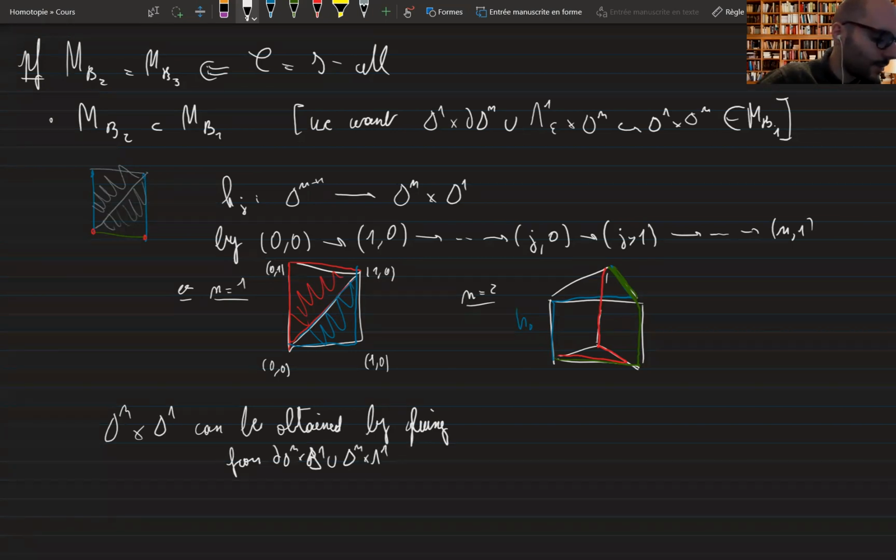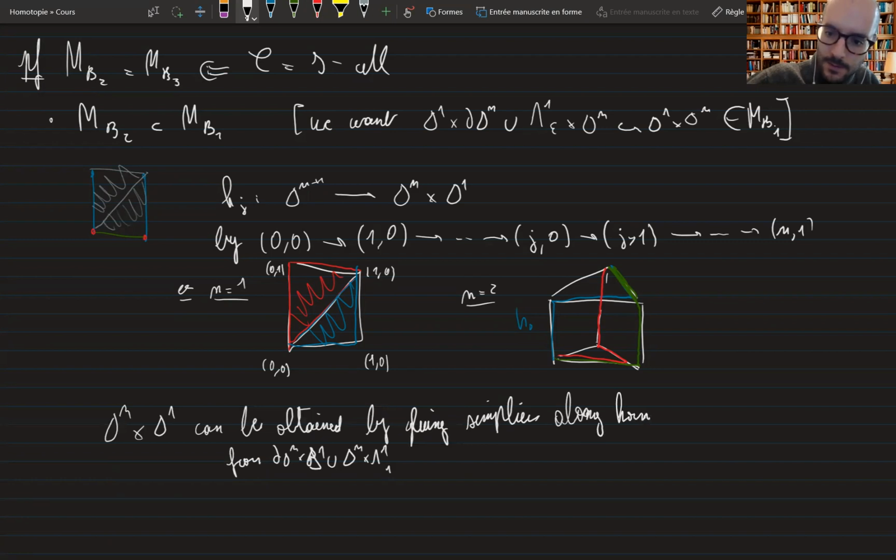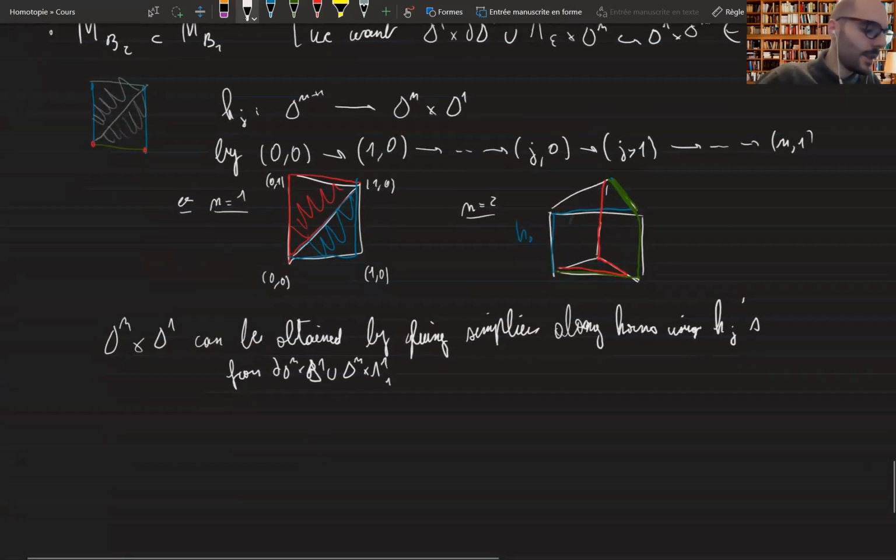I'm just going to do it for 1. To do it for lambda 1, 0, you just have to reverse some rows by gluing simplices along horns using HJs. So for example,